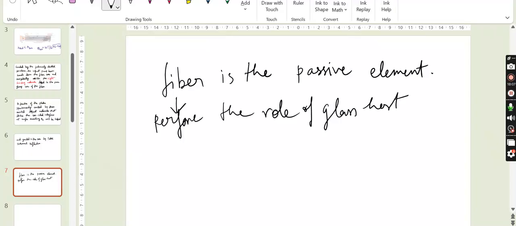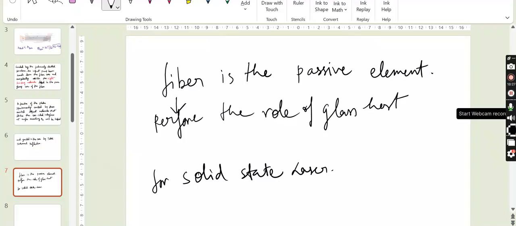But unlike the solid state laser, for which the most common dopant is neodymium, which emits light at 1.06 micrometer,